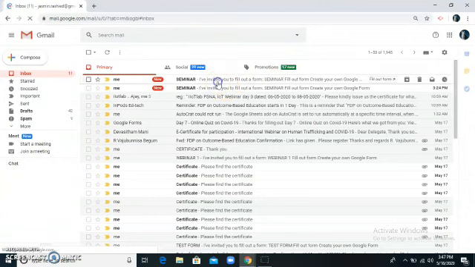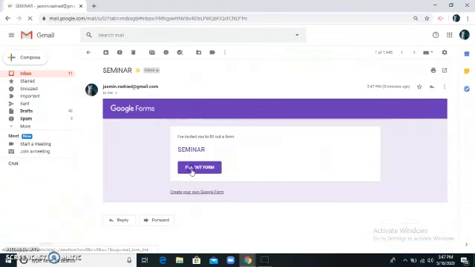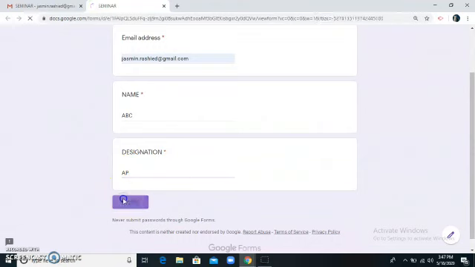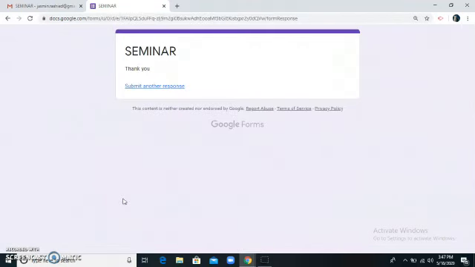Now I'm going to fill the form. So the form I have filled and I'm going to submit. So I have submitted the form.